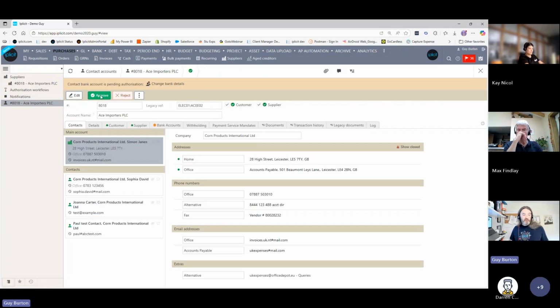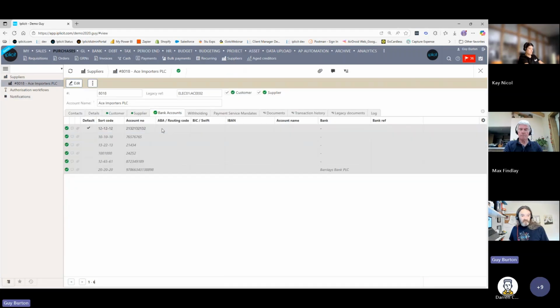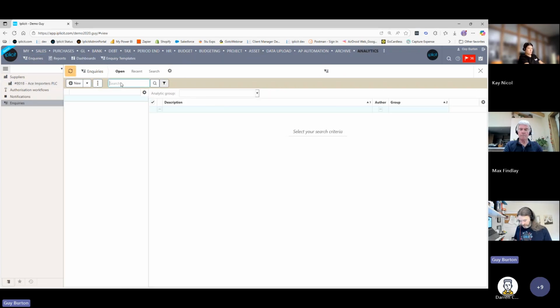And until Max approves those, or whoever is going to approve that particular authority, we won't use those bank account amended details on a payment run until those transactions have been approved. And also from an audit trail point of view, we'll have logged that detail against that record. And from a central control point of view, we also have things like